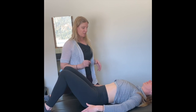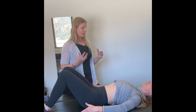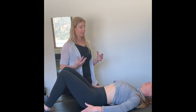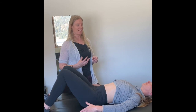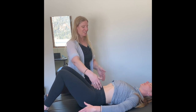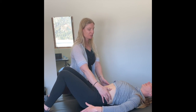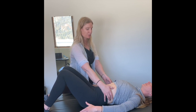Okay, and then during that exhale, Heidi's going to keep a little mouth opening, make some noise. I use the cue of fogging a mirror, and it's a nice slow controlled exhale, kind of like a yogi exhale. Okay, are we ready? So we're going to start with the inhale. So breathe in through the nose, expand that rib cage, and then exhale, growing tall through the crown of the head,